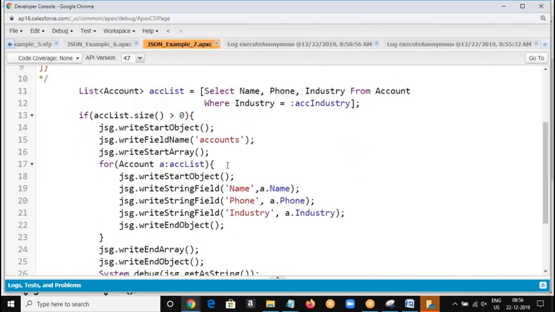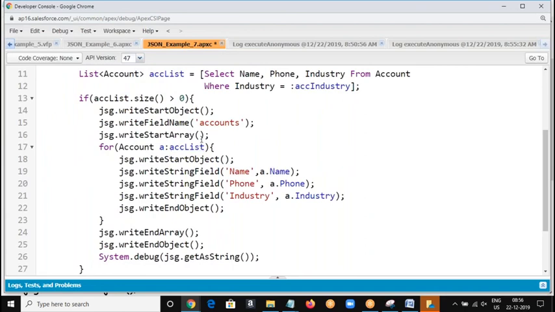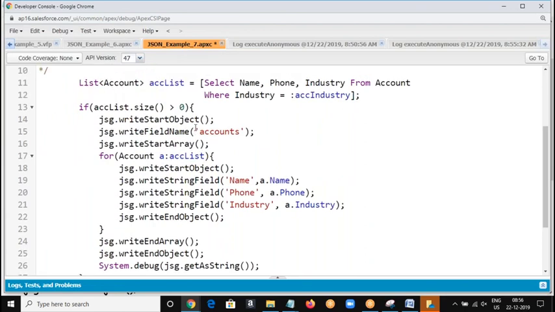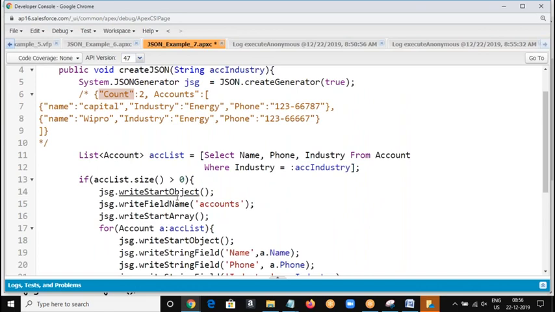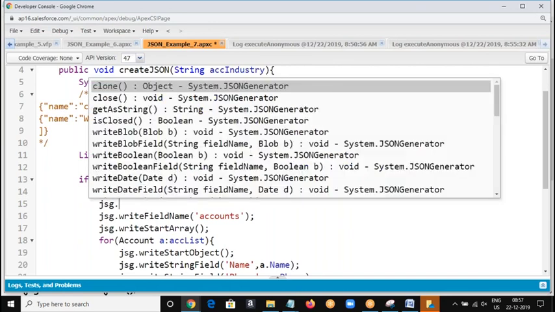Okay. In addition to this, if you are going to add the counts, for example, I'm going to add the total count in this format. So whatever count, if you have three records, two records, or whatever. So we are building our custom string. Okay. So say the count we are applying in the beginning, right? So next to start object, I'm going to add, okay, let's go with the JSC dot